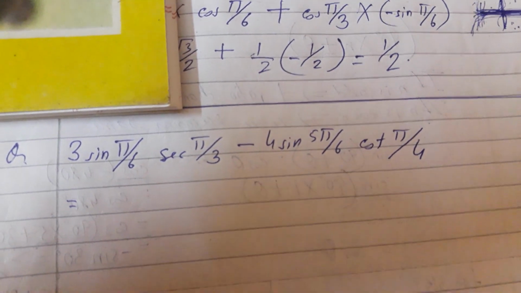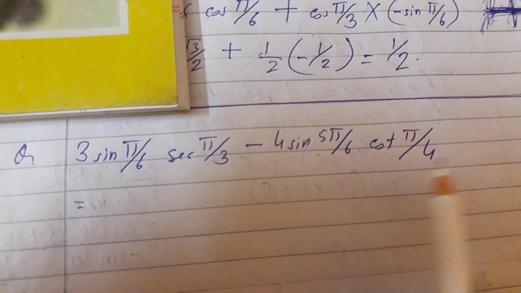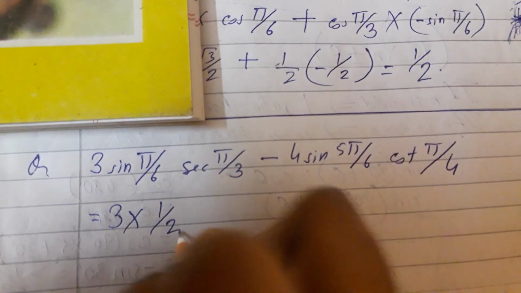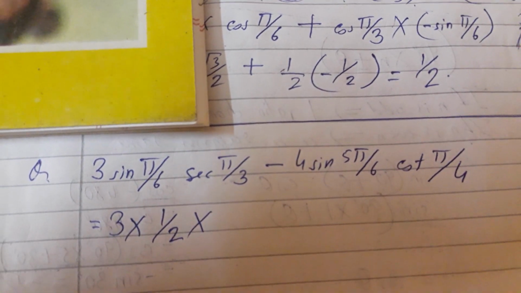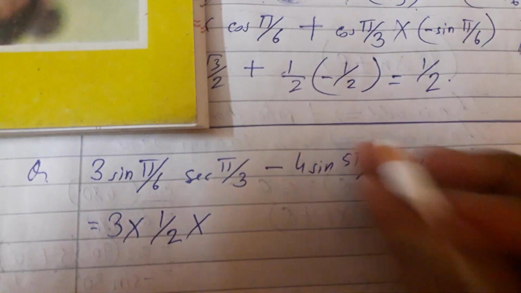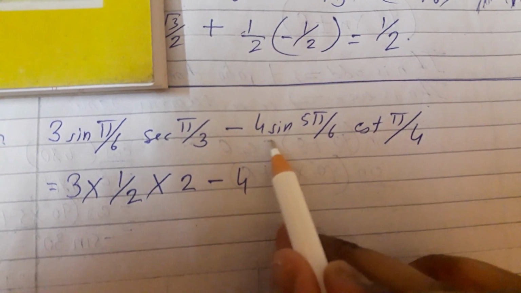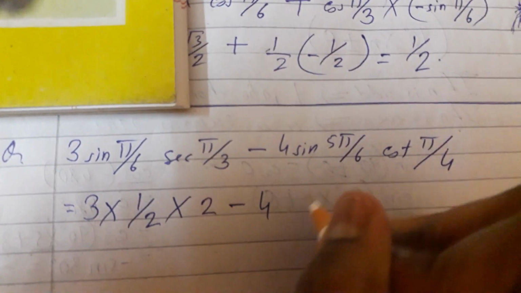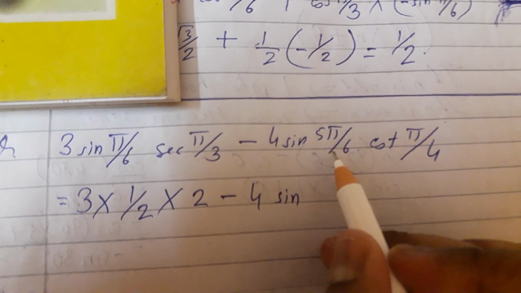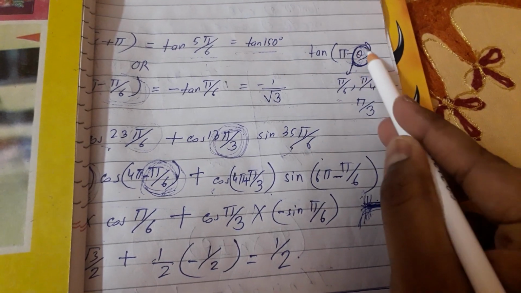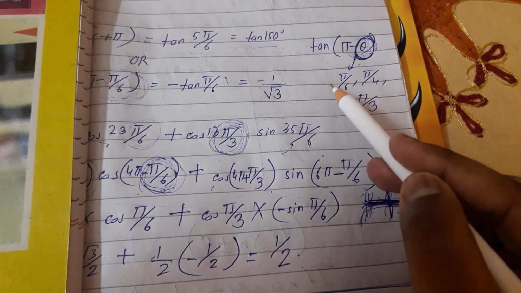Okay, now see, this is the last sum. You see here it is also the angles given in the form of pi. Here is given sine pi by 6. Directly you can write sine 30 degree, that is half, into sec pi by 3, that is sec 60 degree. Directly you can write 2 here, the value of sec 60 degree. Then you see here it is given sine 5 pi by 6. I have already told you that you have to take this pi as a common angle, pi by 6, pi by 4, pi by 3, then you can solve easily.